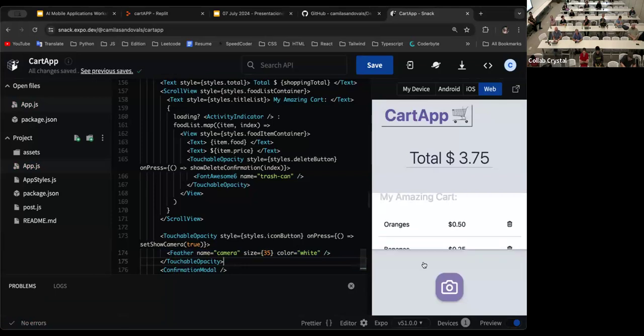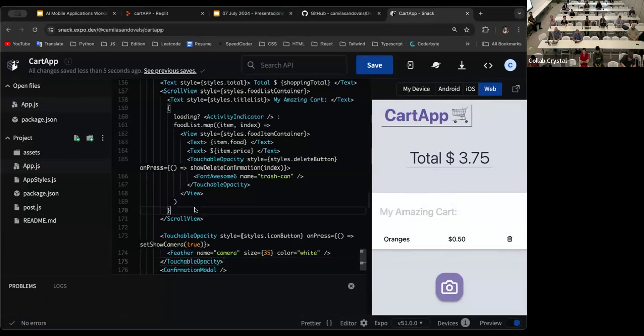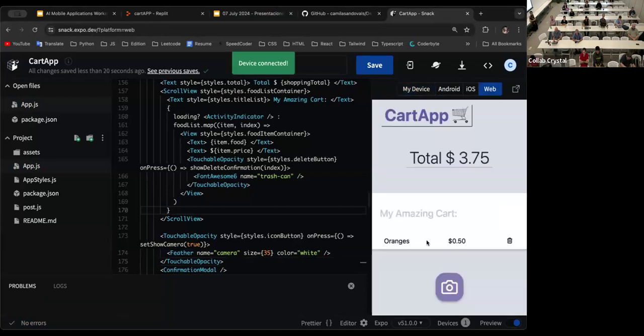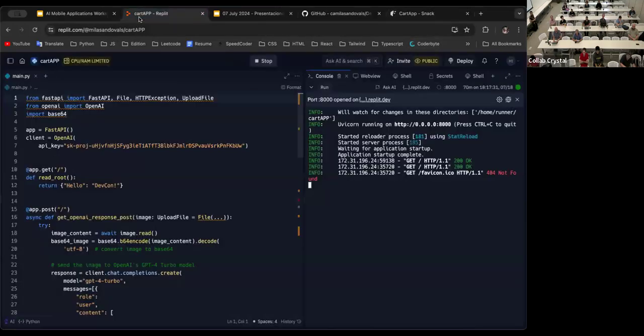There you go. I don't have enough view for this. But yeah, now we have our camera icon. Remember what I mentioned before. If you're using this on your phone, if you are scanning your own QR code, give me 1 second